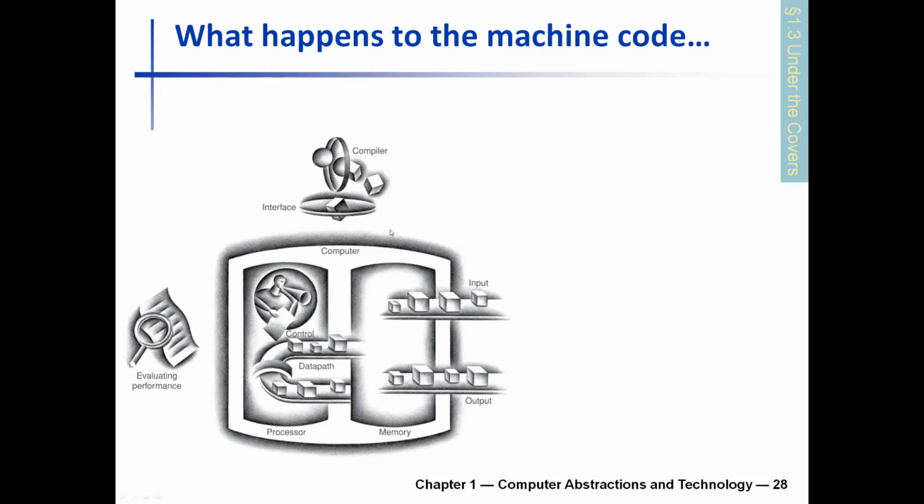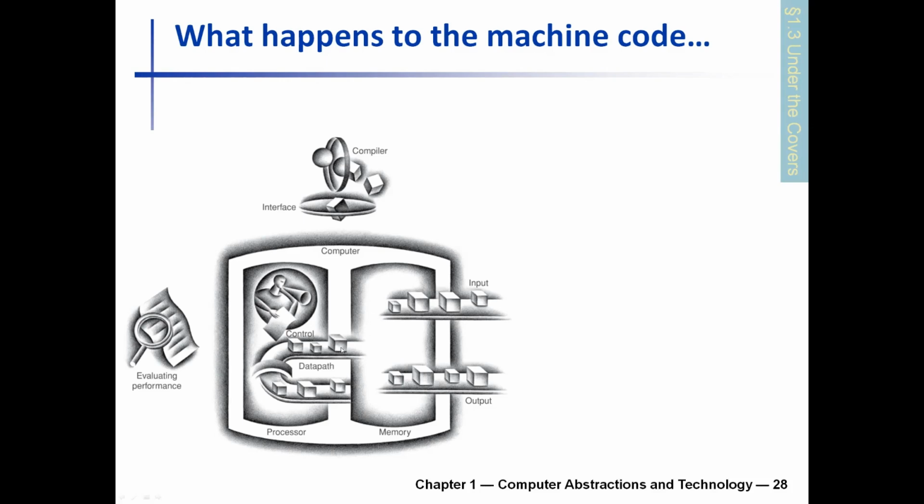Actually, it's stored somewhere in a secondary storage, right? In your hard disk or some form of permanent storage. When you want to run it, you bring it into the memory. You bring it and put it somewhere in the memory. So these inputs might be coming from that secondary storage, or it might be coming from the network even, right? Anyhow, the program, the ones and zeros are brought into the memory, and the CPU, what it will do